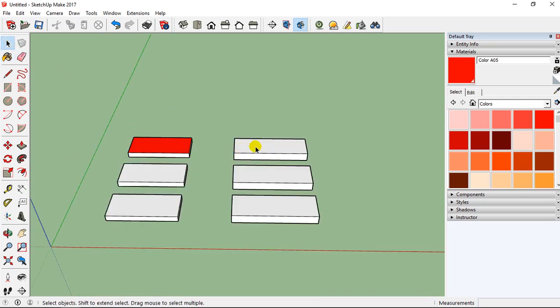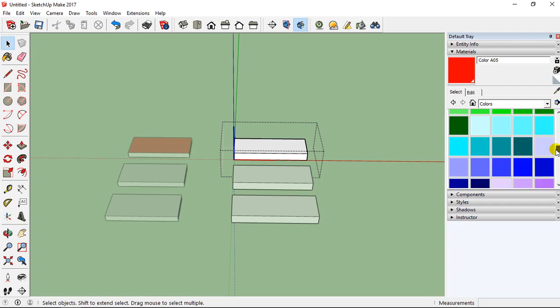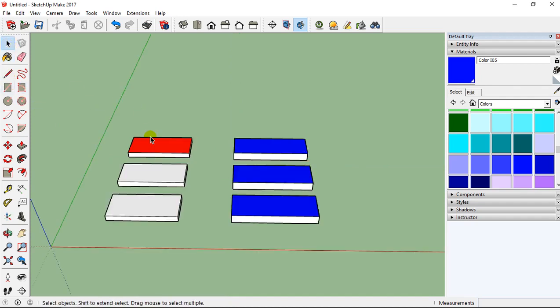Now if I go on the component, double click to edit this component, and I'm going to select, for example, a blue color. And if I apply this blue color here, you can see that I apply this in the two components that I had duplicated, like that. So here is the difference between group and component.